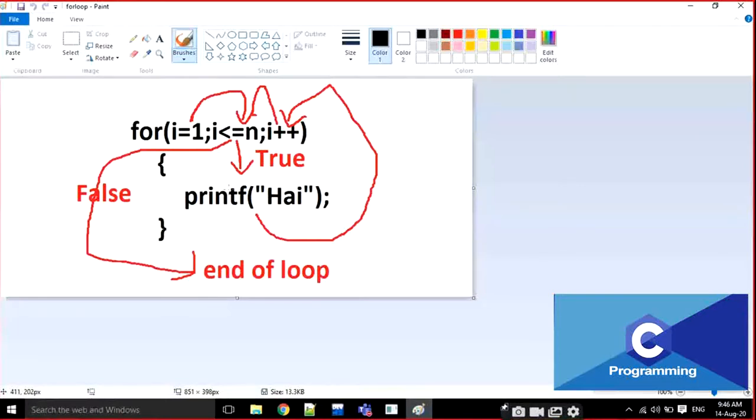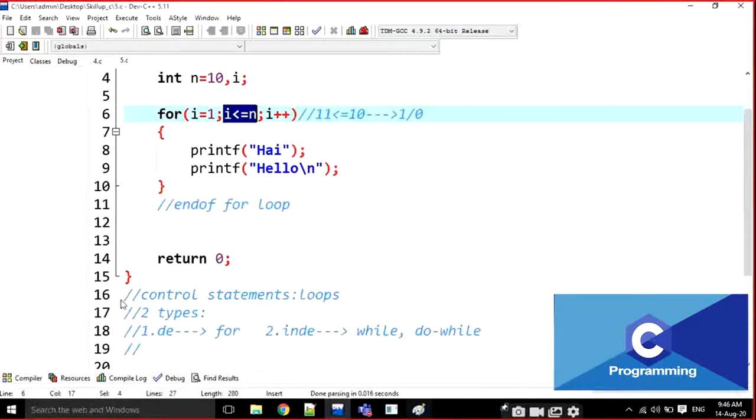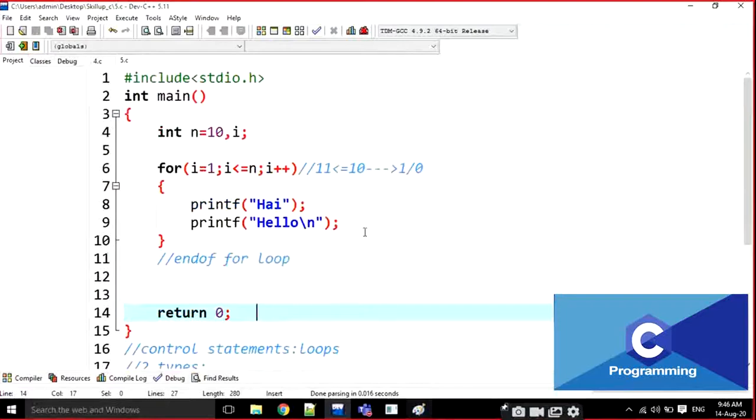This is the functionality of the for loop. In this way, the for loop works.